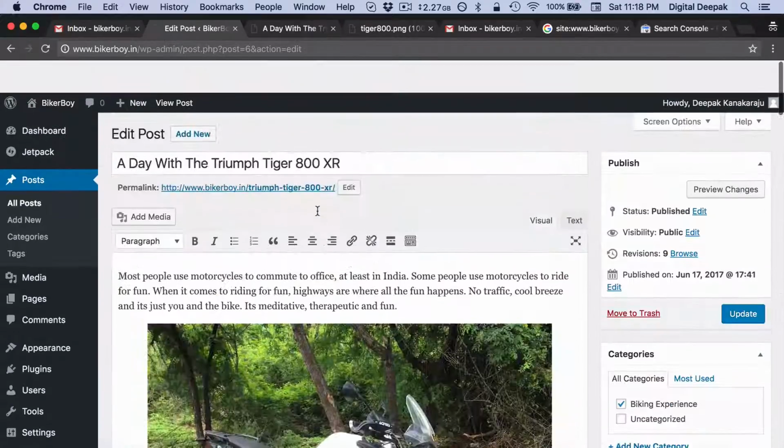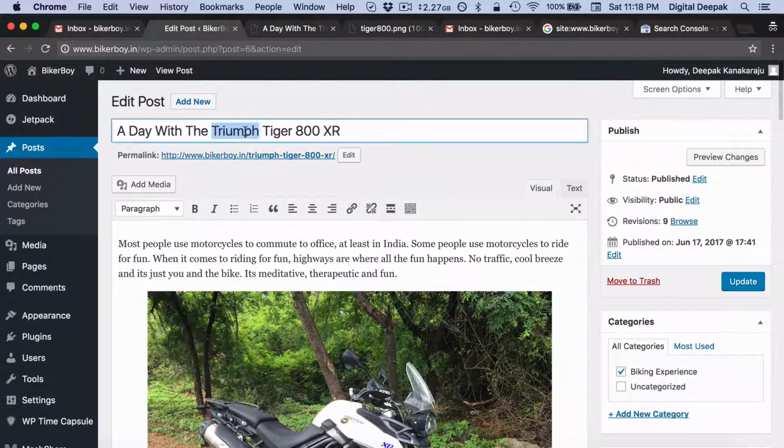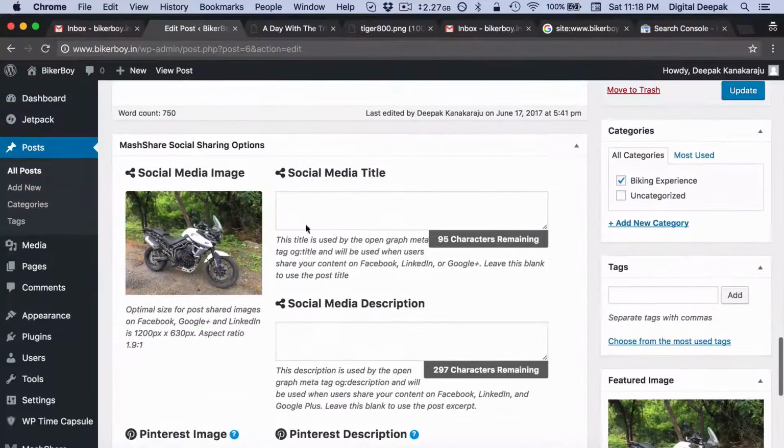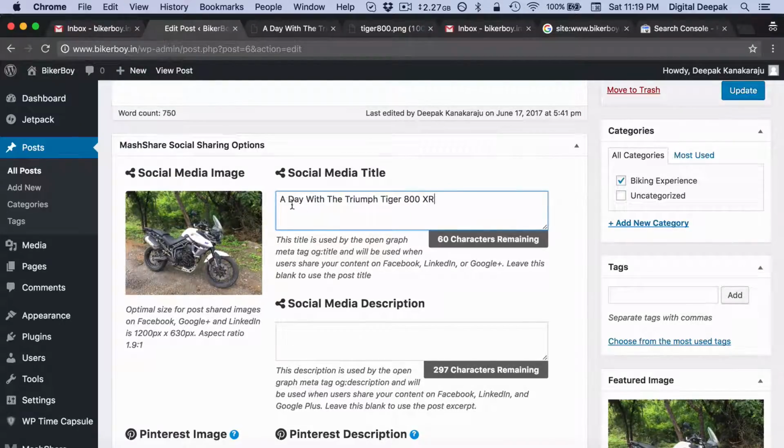Here you can see that the actual page title is A Day with Triumph Tiger 800 XR. But if anyone is sharing this particular page on social media, I can choose to have a different social media title than the actual page title, and this will also be different from the SEO title.